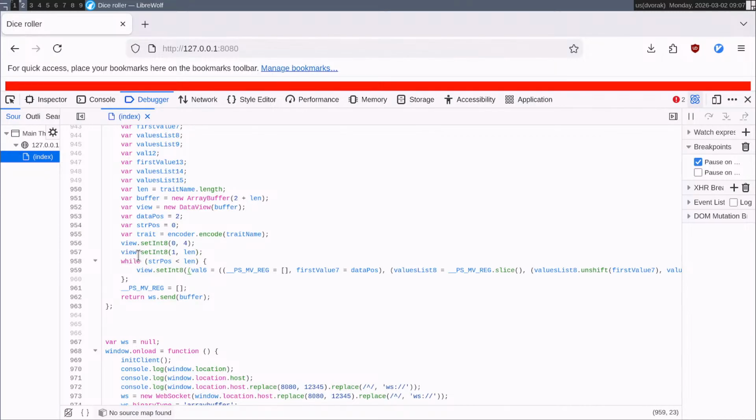This loop looks like it does something. It has one of these things, which I think had a reason, which I don't remember. And then we're calling first value 7 is equal to data pos. And then where values list 8 is equal to a slice of this empty array.